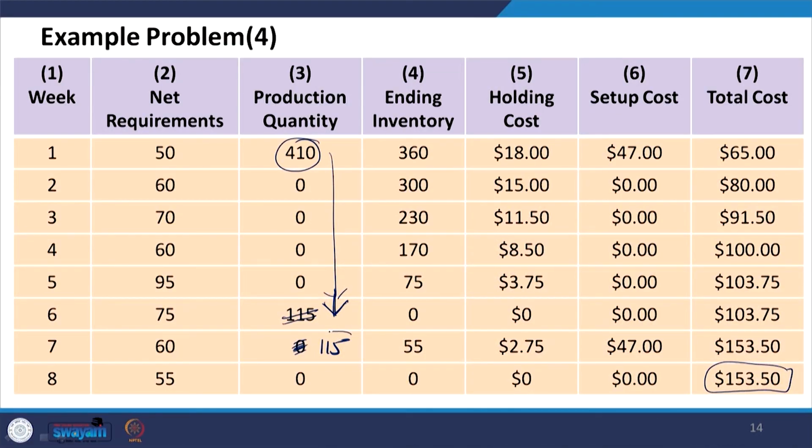This is just a part of our entire MRP discussion. Then we need to use this information in our MRP table when we have to have the planned order release. So, these values of 410 and 115 are to be used at that particular point in the planned order release. This is just a kind of input for developing that MRP table, which we have already discussed in our previous session.